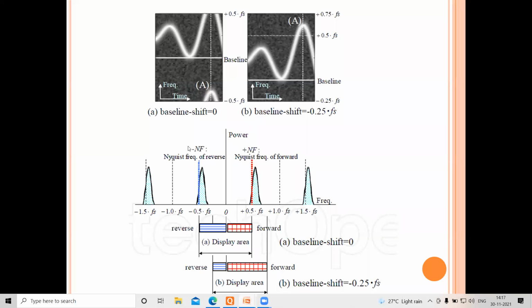I repeat, it's important. All of you listen to me carefully, please, and watch the screen. This is a signal I have taken. You can all see that the top portion has come down. This is being displayed here. Therefore, because of aliasing, at instant A, aliasing has occurred. What I mean by aliasing is your higher frequency components are overlapping with your low frequency components. Therefore, there is an overlap, since your Fs was not properly taken.